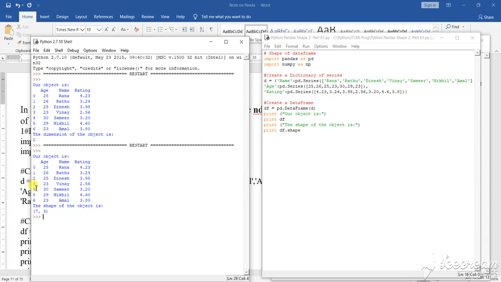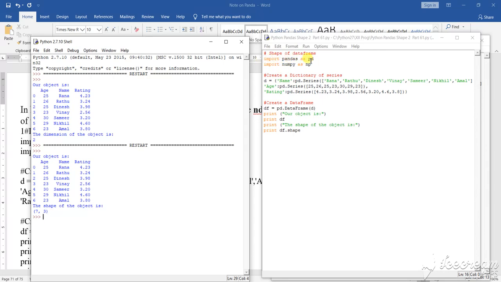1 2 3 4 5 6 7. That means how many rows? There are 7 rows. And how many columns? 1 column, 2 column, 3 column. Clear? Now from here you can understand that this is how that particular thing can be shaped. Shape means you can get the shape of the total structure. Suppose you are working with, here I have given how many? 7 names. Okay, 7 names.